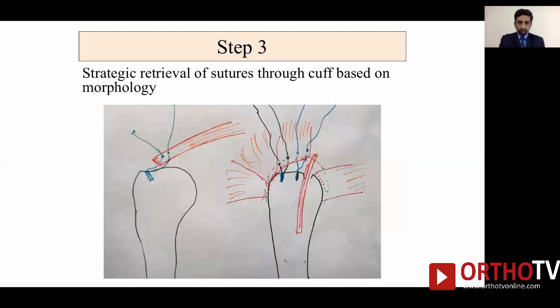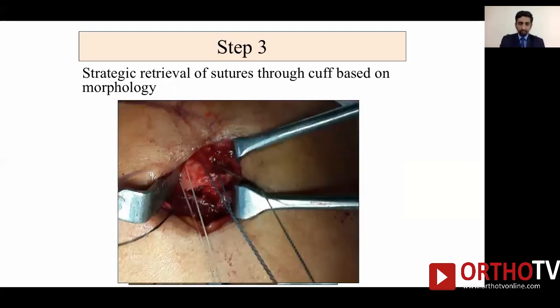After that, we tend to reduce the cuff, and in a reduced position, we take the sutures. We take a strategic retrieval of the suture through the cuff based on the morphology of the cuff. Again, this is very important because by this method it scores much over the arthroscopic method, wherein it's very difficult to reduce the cuff tear and then take the stitches. Here in the mini open technique, we can reduce, and at the place where the cuff sutures are coming, we can take out the suture there so that there is no tension in the cuff at the final reconstruction. So in this way, we have the strategic retrieval of the sutures.